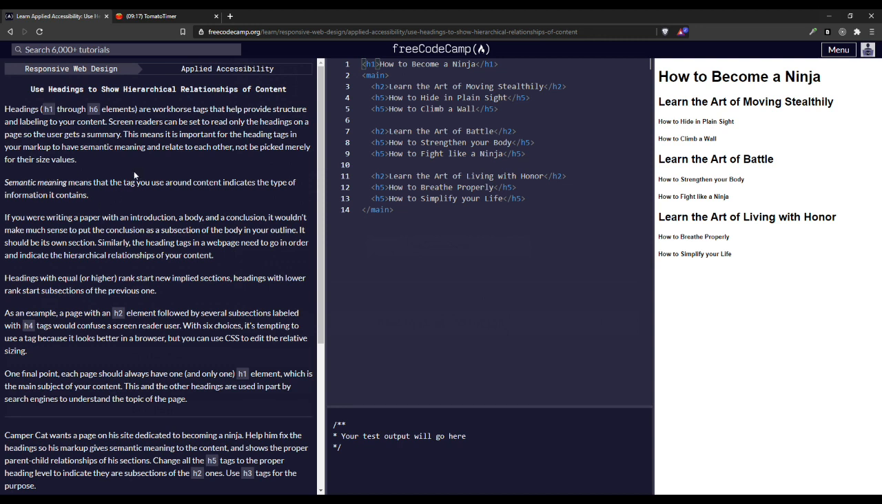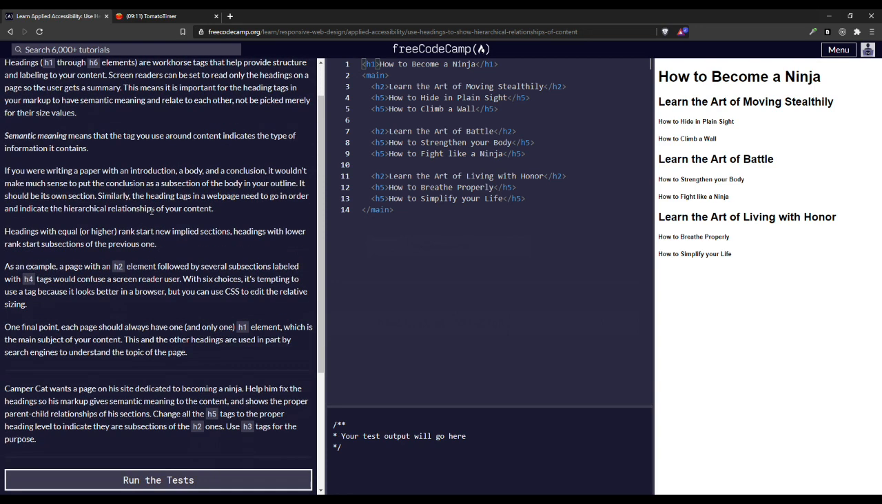Semantic meaning means that the tag you use around content indicates the type of information it contains. If you're writing a paper with an introduction, a body, and conclusion, it wouldn't make much sense to put the conclusion as a subsection of the body. It should be its own section. Similarly, the heading tag in a web page needs to go in order and indicate the hierarchical